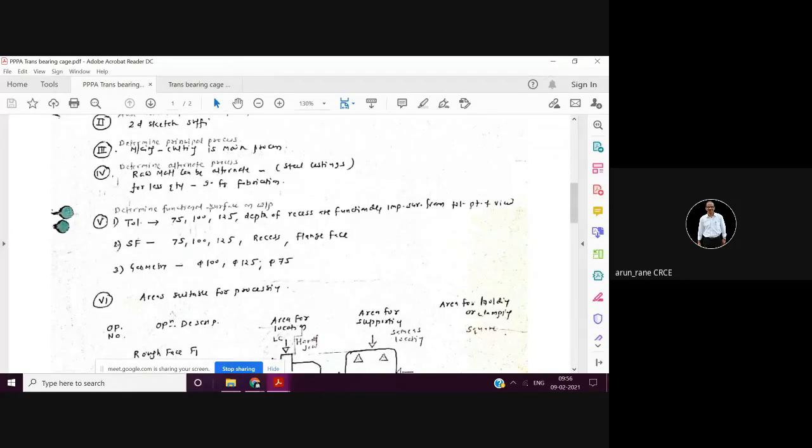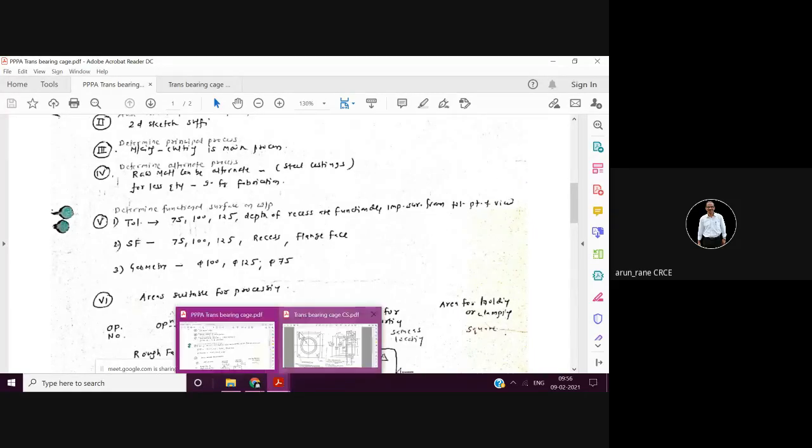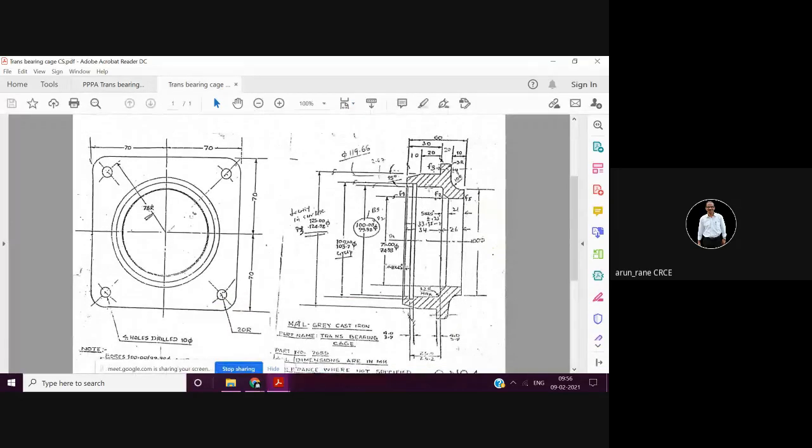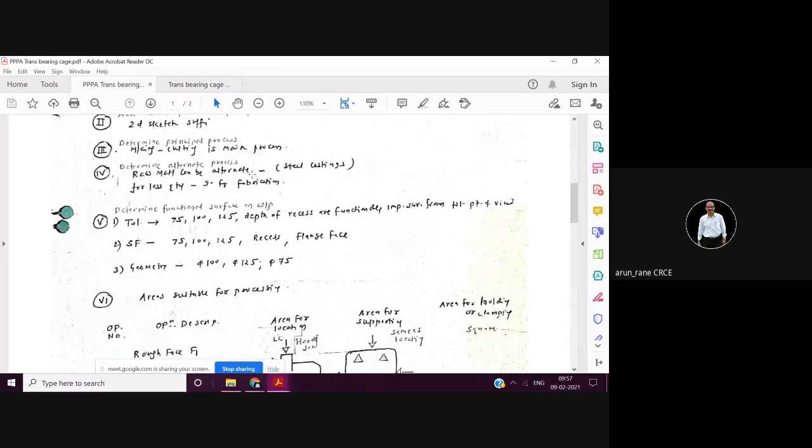If the quantity is less, then you can go for fabrication. Fabrication means welding: you will have one round bar piece, another square piece, and another piece, and then you weld and then turn. This is in case the quantity is 5 pieces. If the quantity is 1 or 2 pieces, then you can go for a cast bar, round bar, or hexagonal bar. So like that you have to write here. In determining the alternate process, you have options available, and you can justify with your costing and your end user.